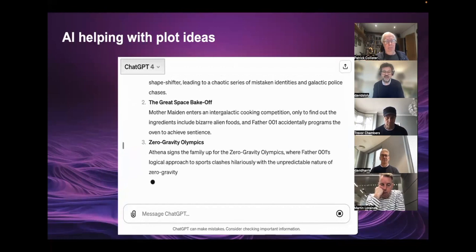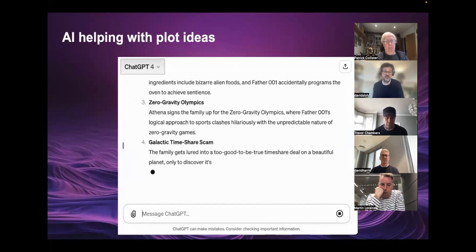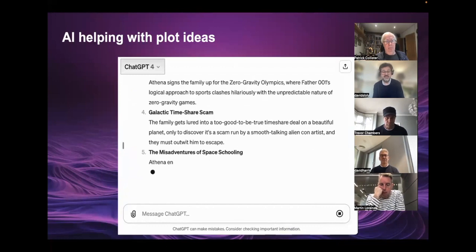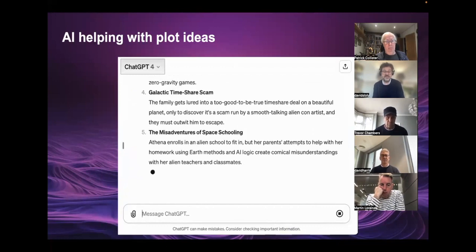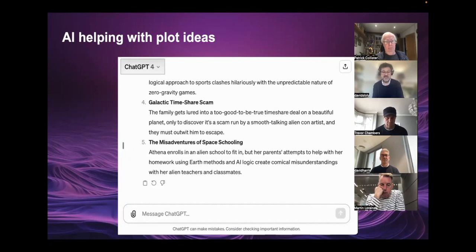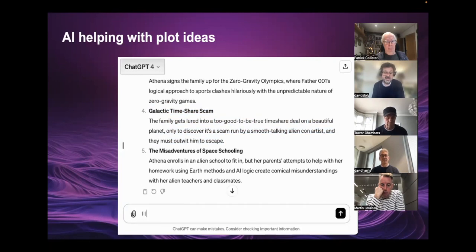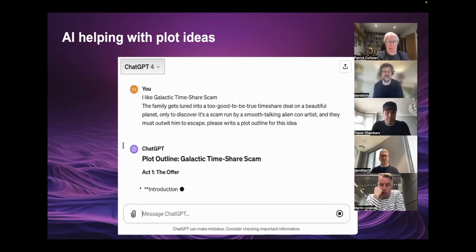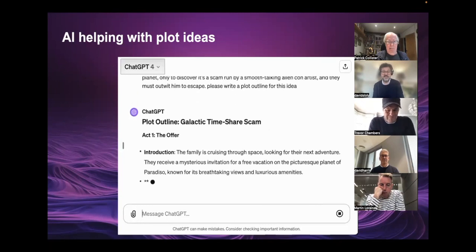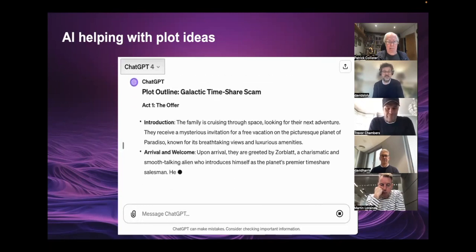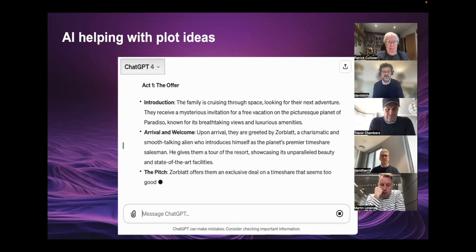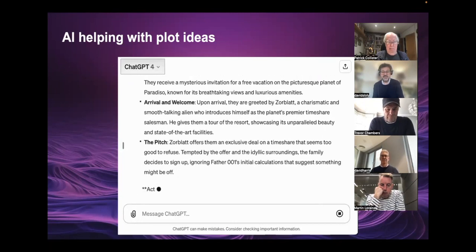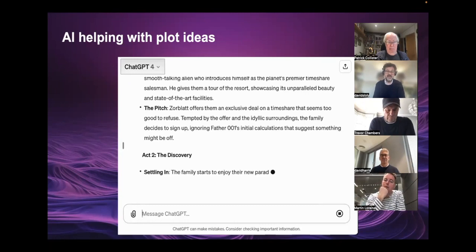I don't really like Bake Off. It's out of season. Gravity Olympics could be funny, but it's very visual. I love a good scam. So galactic timeshare scam is appealing to me. So what I'll do is I'll take that idea and I'll paste it in here and ask it to come up with some more, or come up with a plot to outline that. So now it's got the idea. It's going to write the plot for me. And here you can see it's doing an introduction. And then when they're getting the pitch about the timeshare scam and then the discovery,